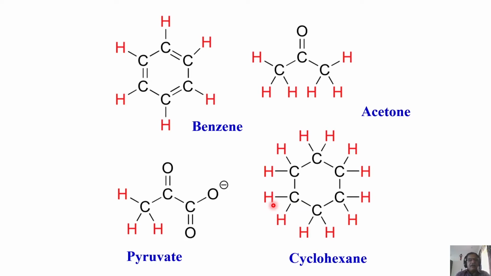Now, let us look at this molecule. What is this? Benzene. What about the symmetry of the benzene? It has a D6h symmetry. This is a symmetry axis here passing through the plane of this ring. Now, all the 6 protons of the benzene are chemically equivalent. This proton, this proton, this proton, whatever the numbering you do, all are the same. It means benzene will give only one peak in the proton NMR.